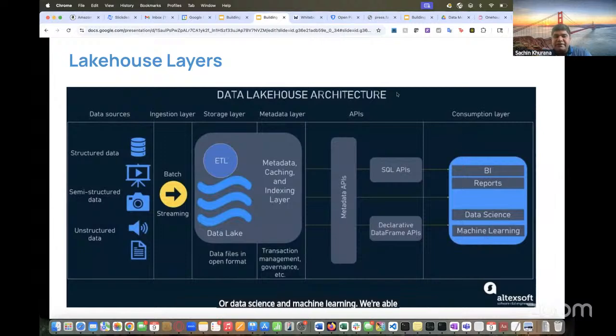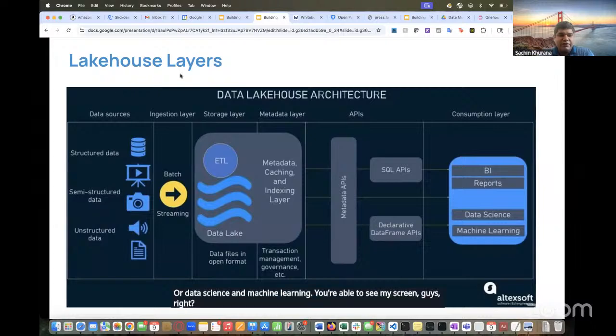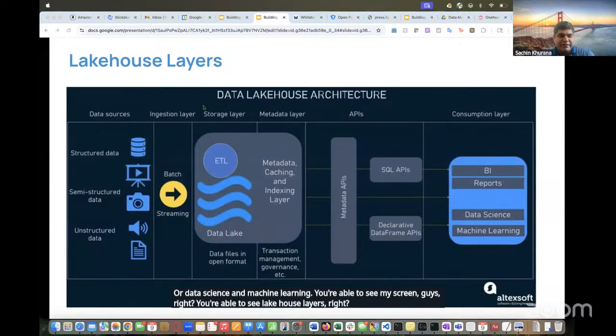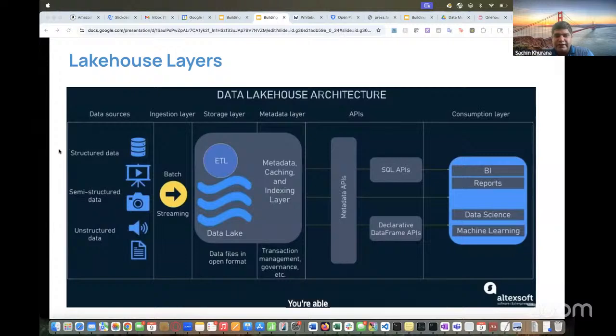You're able to see my screen, guys, right? You're able to see the lakehouse layers slide, right? Okay, thank you so much. Now let's go to,